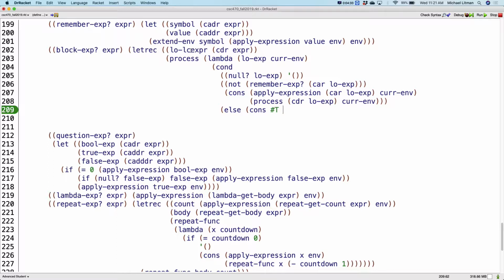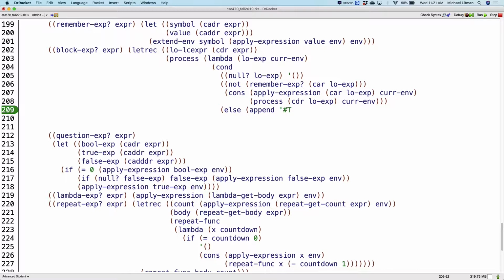Make sense? Now, what does a block expression return? It returns a list. I ultimately want to have a single list with all this stuff in it. How do I get two lists to glue together into one list? Cons gives me a way to cons an element onto the front of another list. Yeah, append. So else, I want this true, I guess. We decided that's a thing. Okay, so I'm going to append